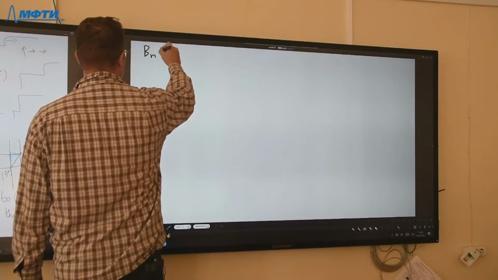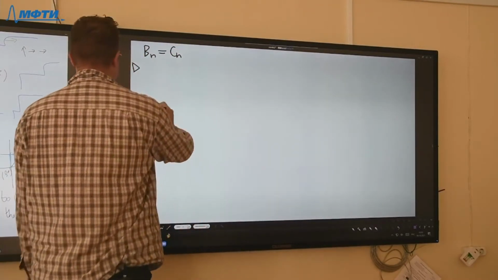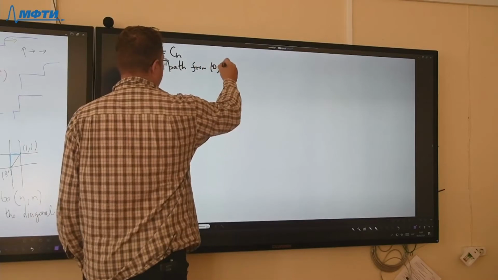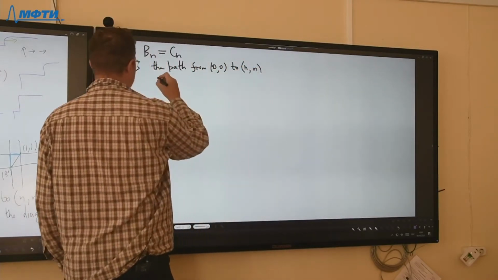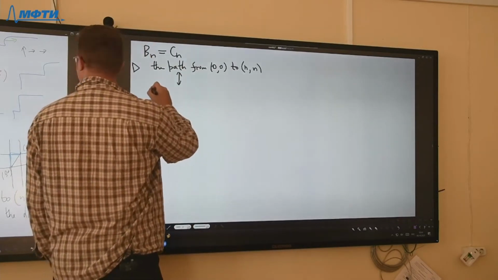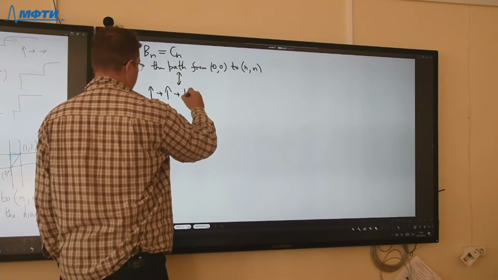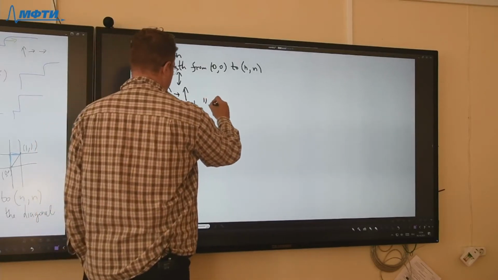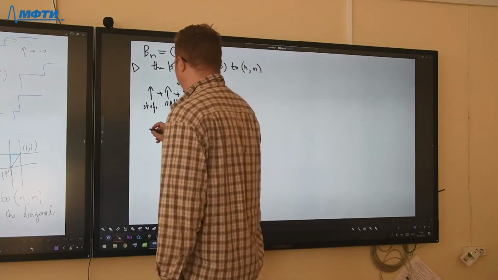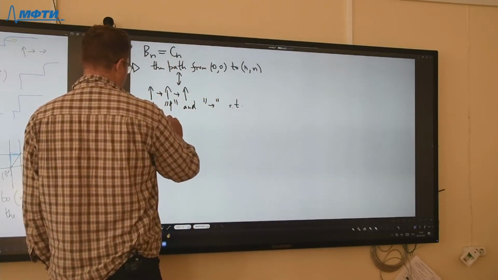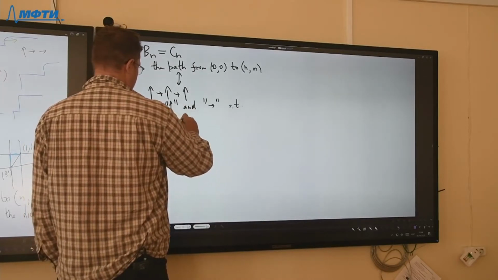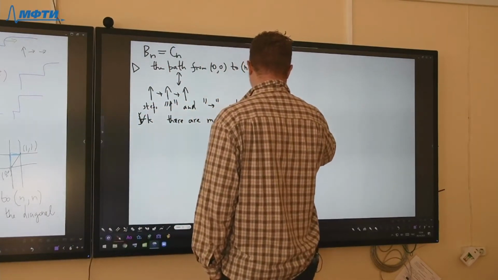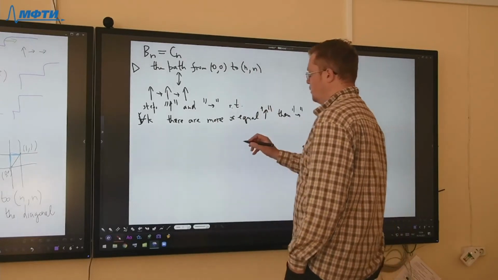So Bn is equal to Cn, and the proof is that the path from (0,0) to (n,n) is in one-to-one correspondence with sequences of steps up and right, such that for each k there are more or equal steps up than steps right in the first